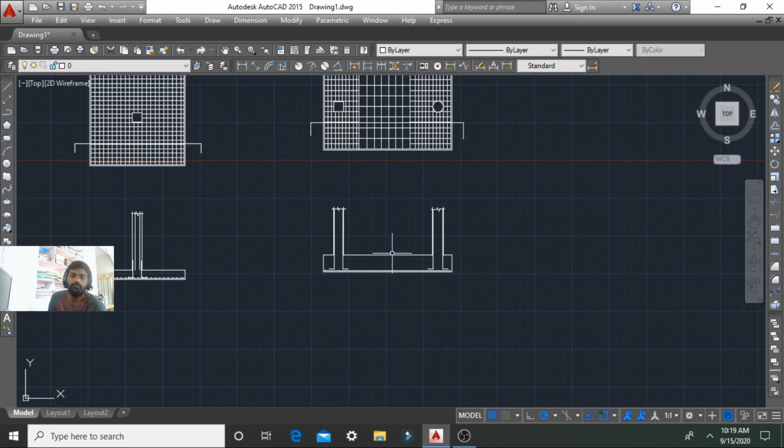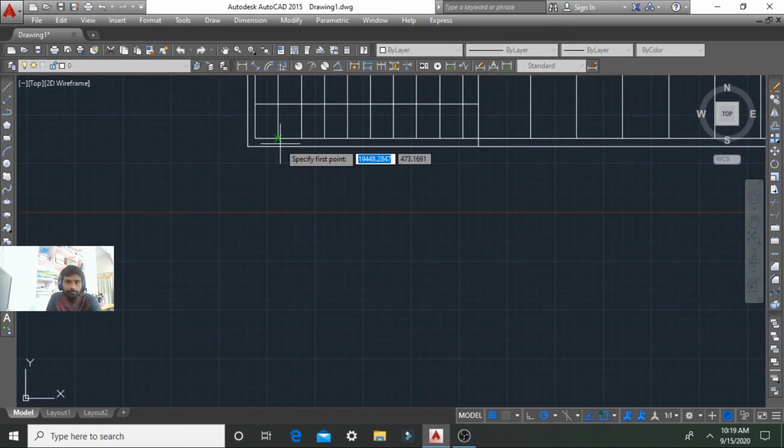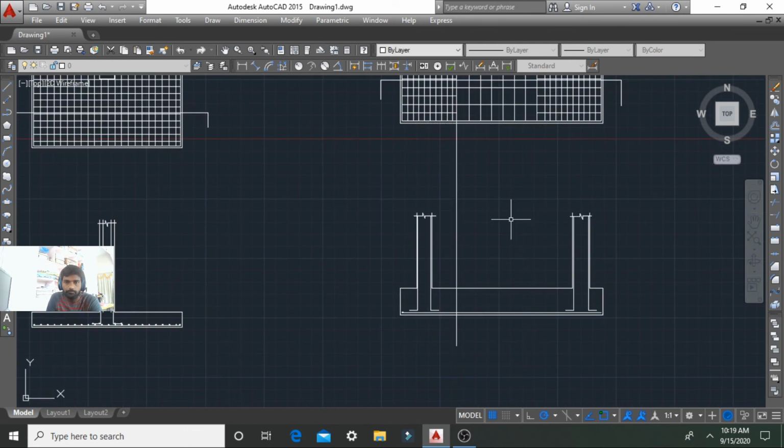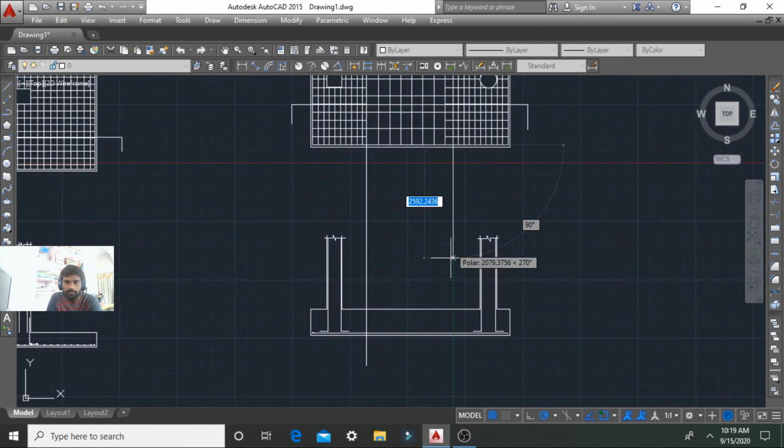The reinforcement should be like here, up to here. The spacing should be different up to here, and the remaining will be the same.